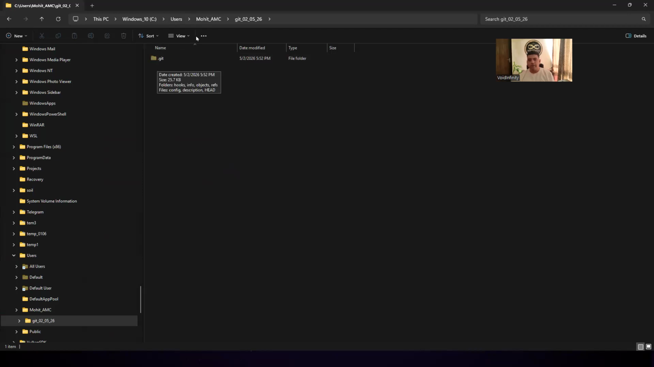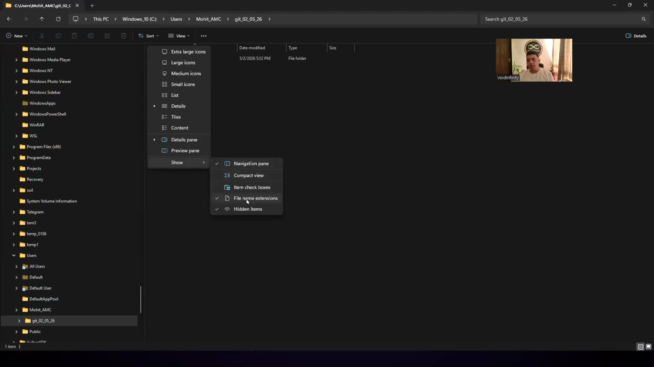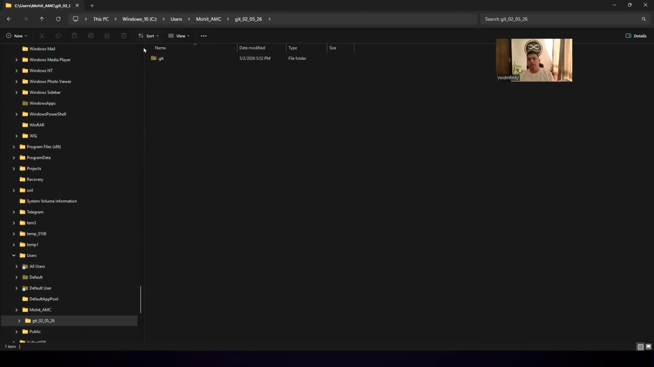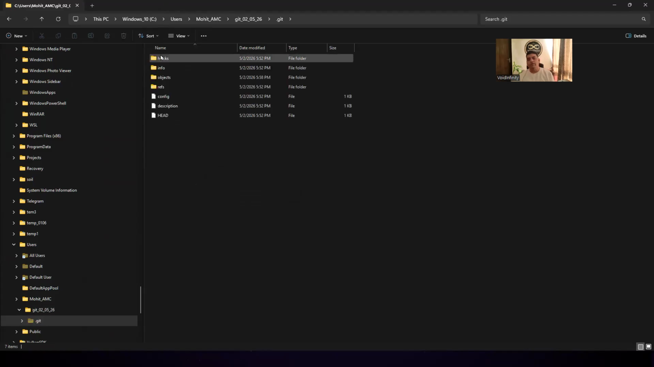If you are not able to see this, what you need to do is you need to go in the view menu and then you need to tick these hidden items. Otherwise you will not be able to see the folder over here. For me that hidden items is already ticked. I will go inside this